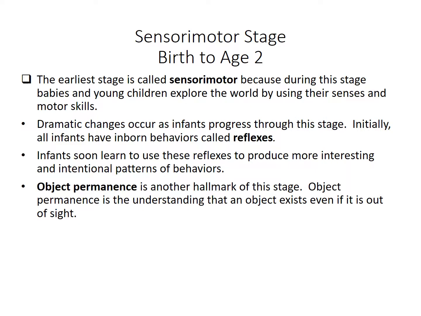As the child grows, he or she will develop object permanence later in this stage. Object permanence is the understanding that an object exists even if it's out of sight. So think of a young baby that you played peekaboo with. The reason that that's a fun game for young babies is that when you put your face behind your hands, your face goes away. They have no sense that an object can be permanent. When you go peekaboo and your face comes back, they're delighted every time because all of a sudden you're there, you're not there, and you're there, and you're not there.